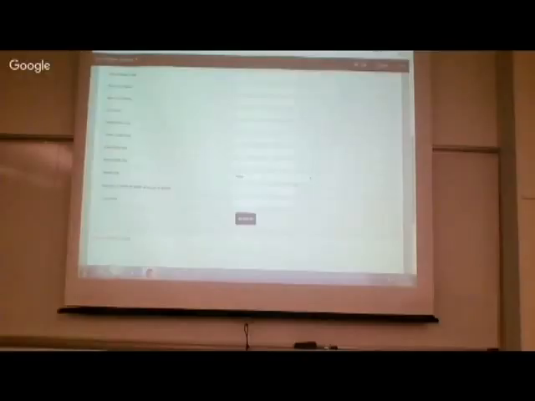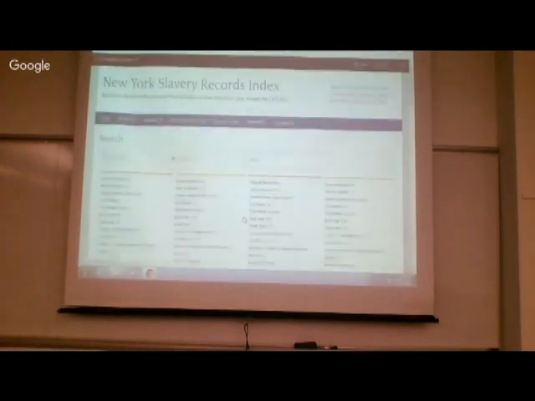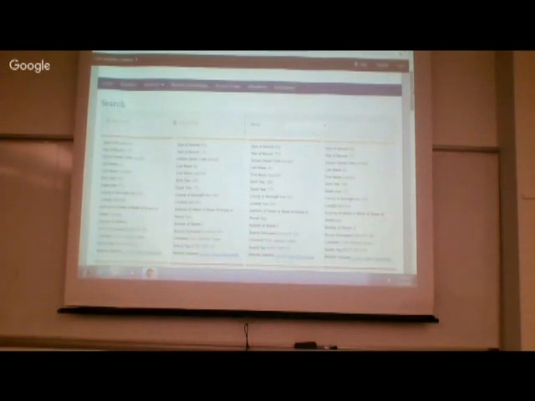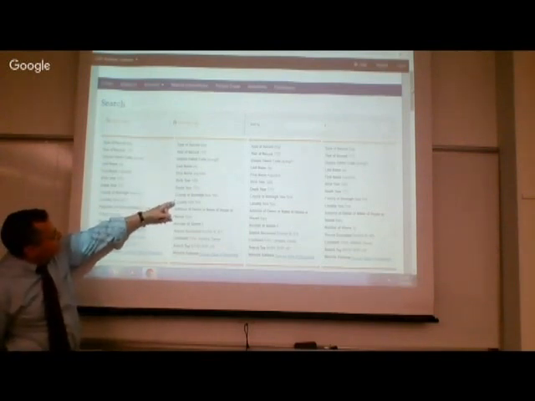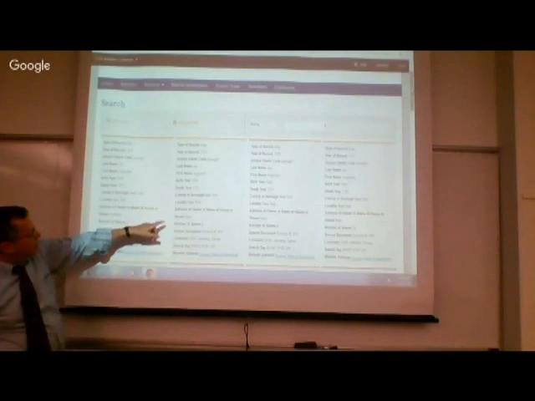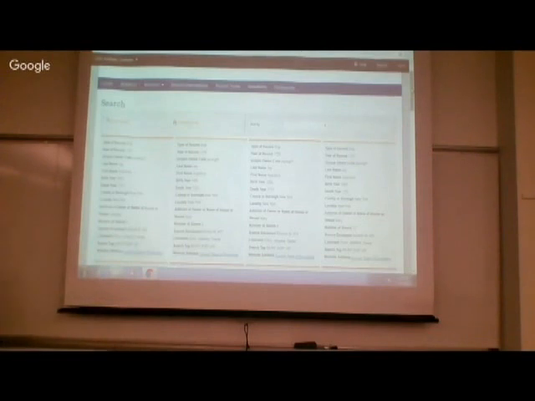Select J, the extended family of John Jay, and we click on search. Here they all are. Here are all the records that we have, starting with Augustus J. And this is a vessel called the Jamaica, bringing 4 slaves in. Then we have Augustus J. 1725. 8 slaves coming in on a ship called the Mary. And so, you know, we're going way back, and then we move